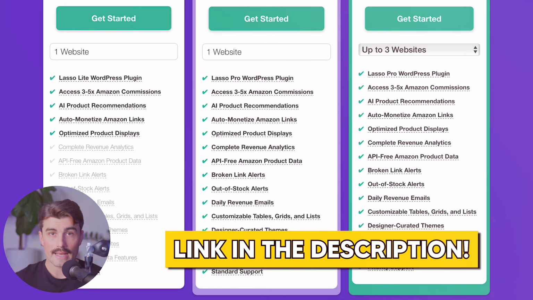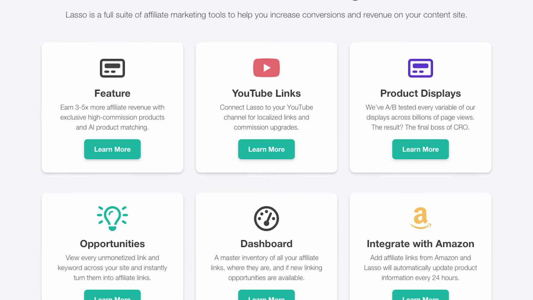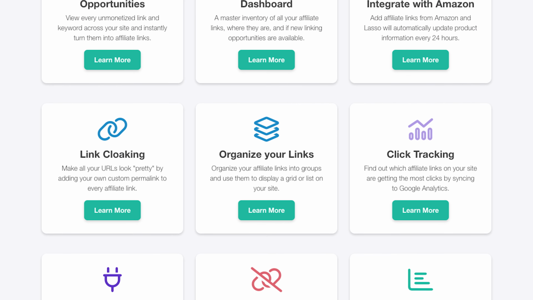Now, if you're already earning $100 or more per month from affiliate marketing, Lasso can help you scale that income significantly. And if you're just starting out, it provides the tools and insights that you need to build a strong foundation